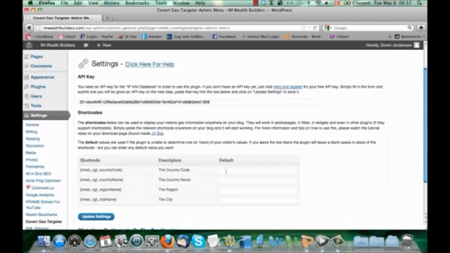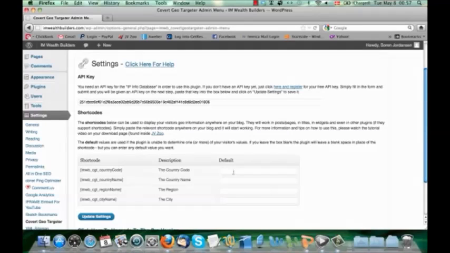The final thing in here is that we have a default value as well, and that is used because in 99.99% of the time our plugin and the IP info database will be able to give all these values for all your visitors. However, some people use proxy IPs or VPN settings. That means they're trying to hide where they are, and that's what these default settings are for.